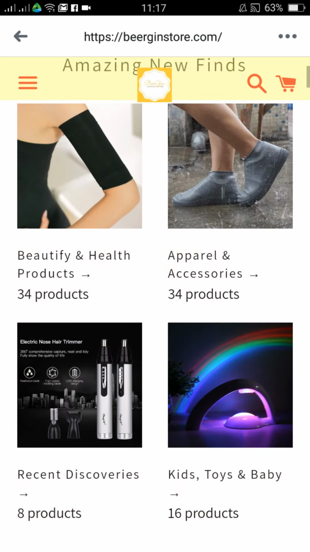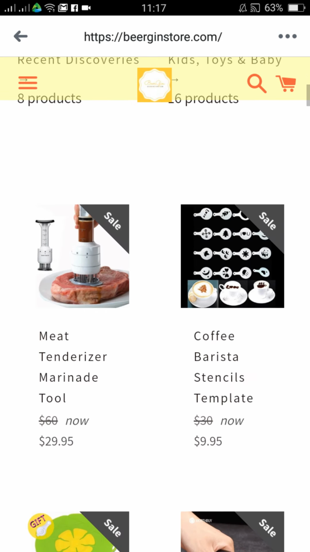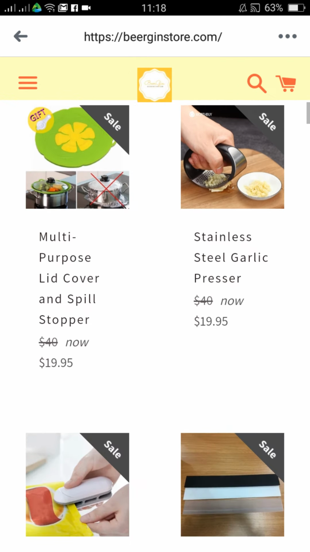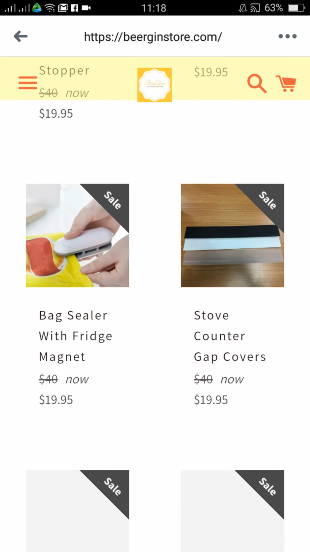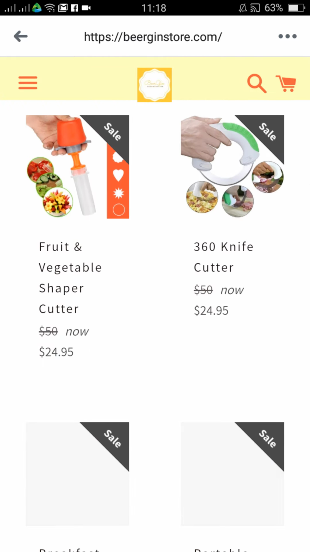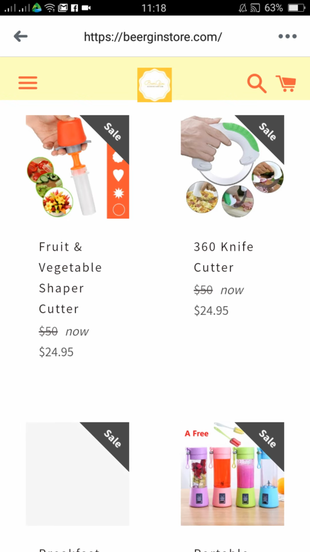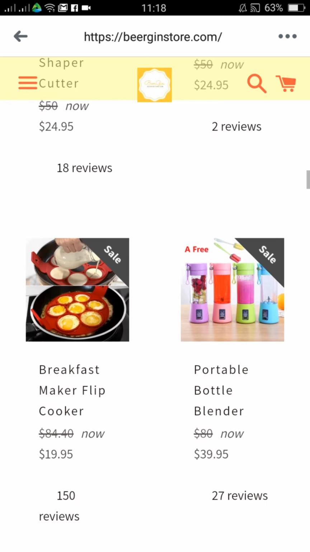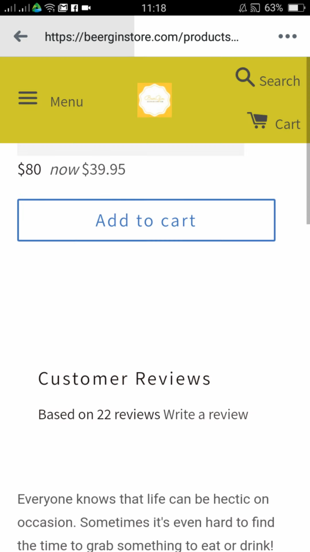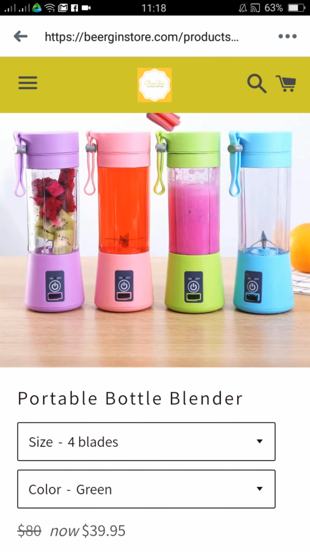The next thing that I need to do is to search for a product that I think a lot of customers will buy if I advertise it. All right, so let's say, for example, you think that a lot of customers will buy this portable bottle blender. This is actually a combination of a water bottle and a blender in one. All right, so once we have